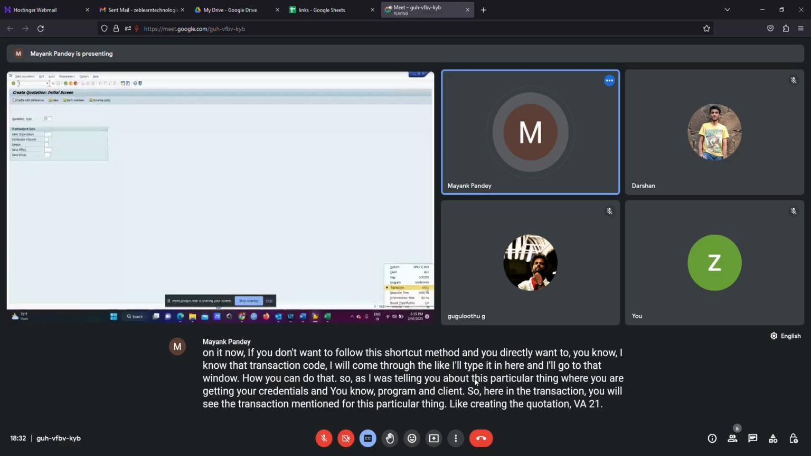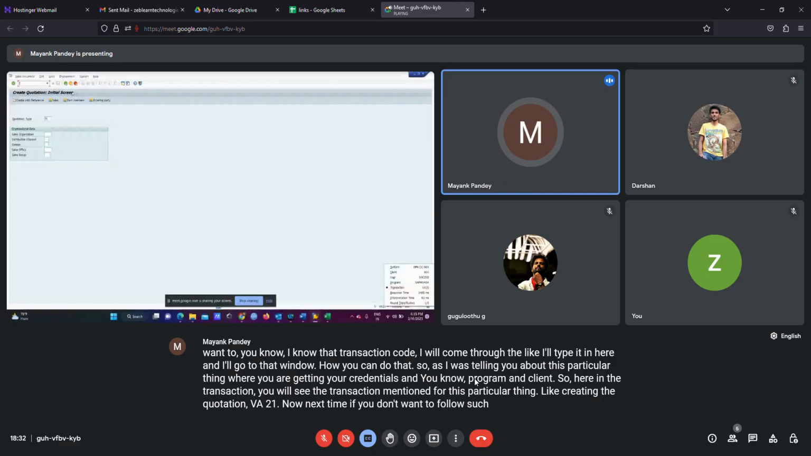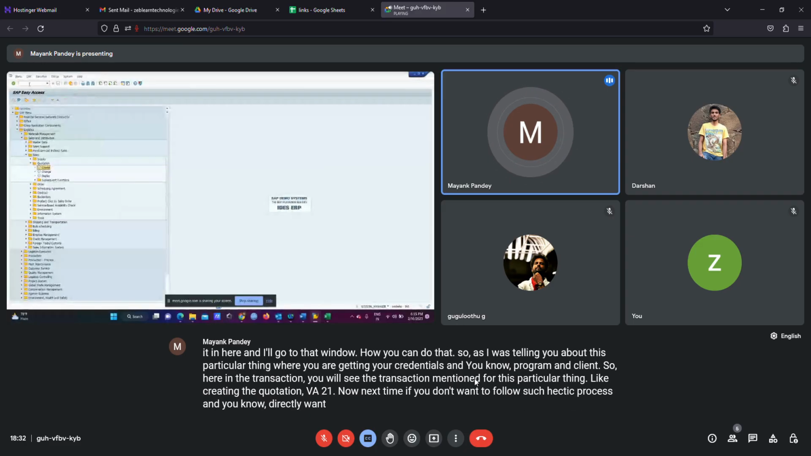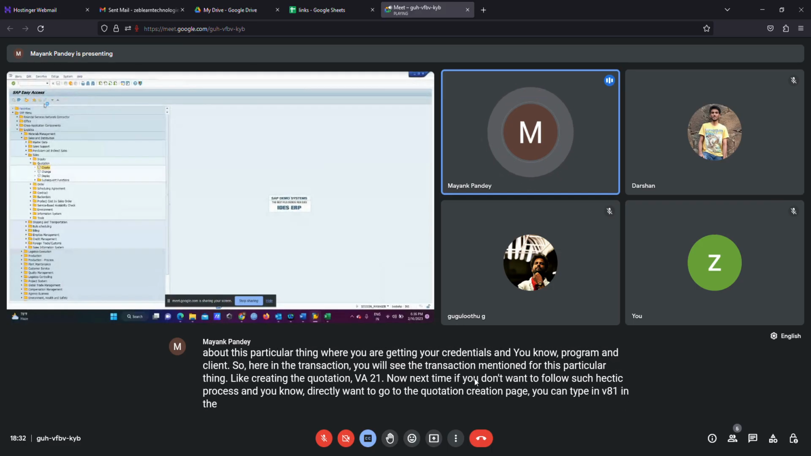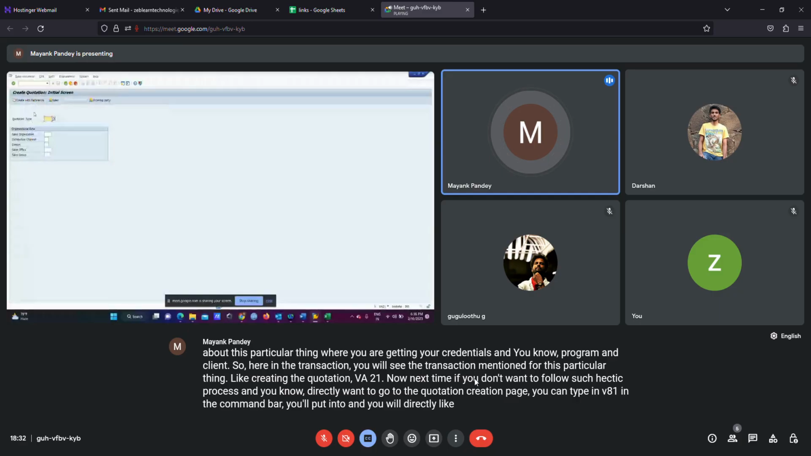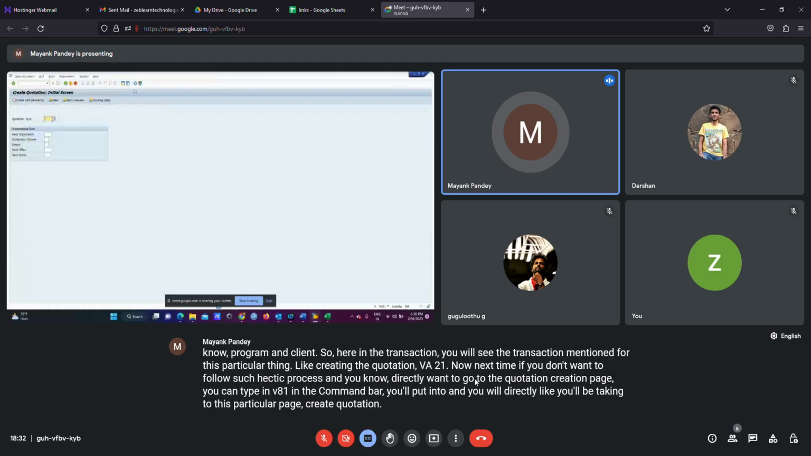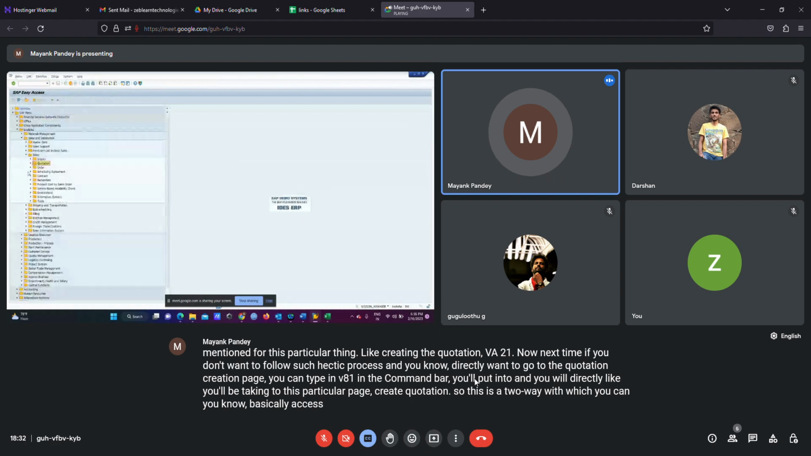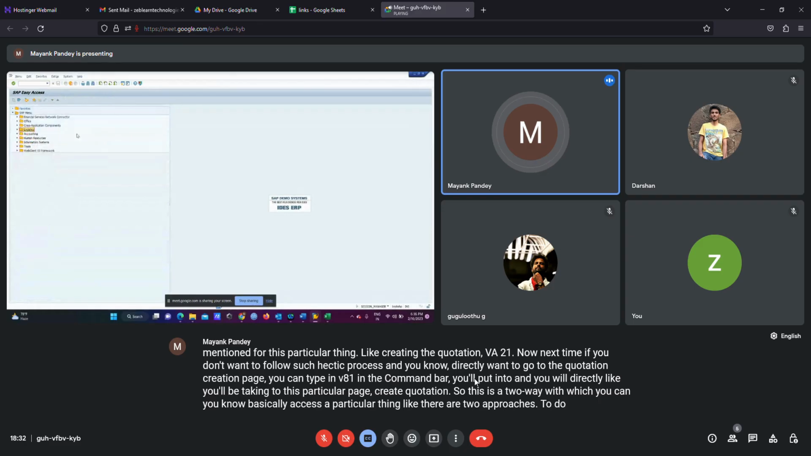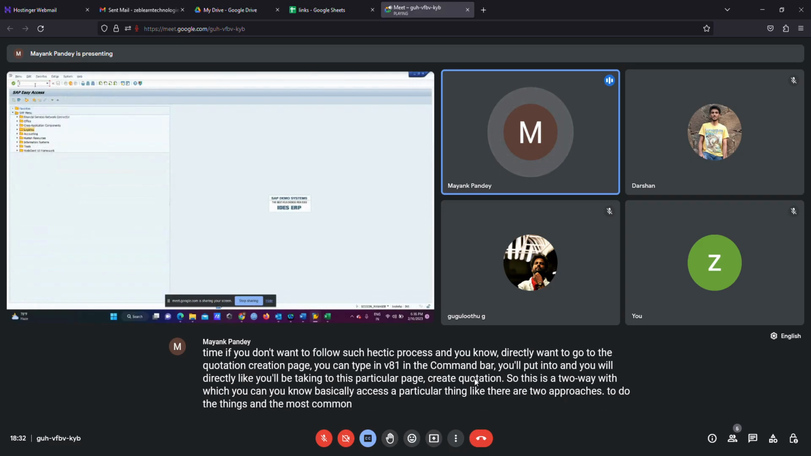Now next time, if you don't want to follow such a hectic process and directly want to go to the quotation creation page, you can type in VA21 in the command bar. You'll press enter and you'll be taken directly to this particular page, create quotation. So this is a two-way with which you can access a particular thing. There are two approaches to do things. And the most common one is transaction only, because